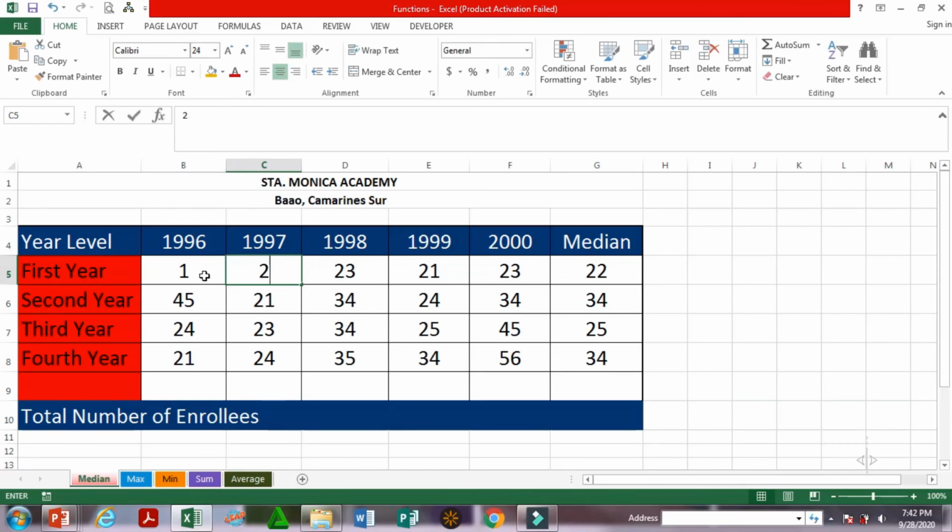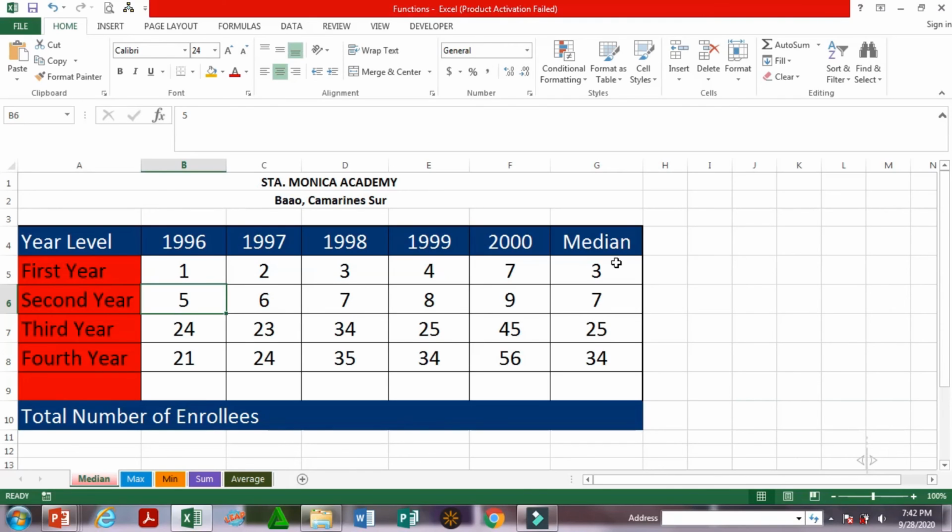So, let's try to find out these numbers na sunod-sunod, alin ba yung middle number natin. So, this time, 1, 2, 4, 7. Ang median natin is 3. So, try nating maglagay ng 5, 6, 7, 8, 9. So, what do you think is the median? So, ibig sabihin, sa manual computation, i-arrange mo lang yung number, bibilangin mo, kung alin yung pinaka nasa gitna, yun